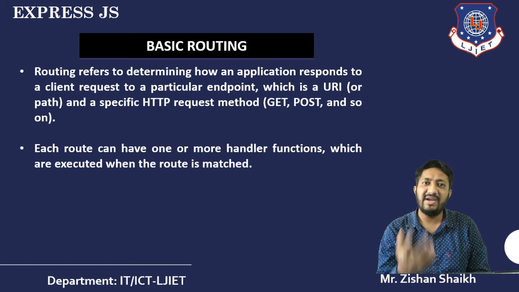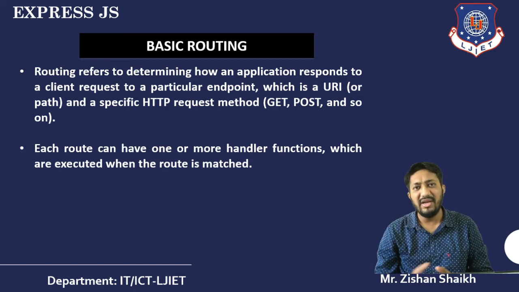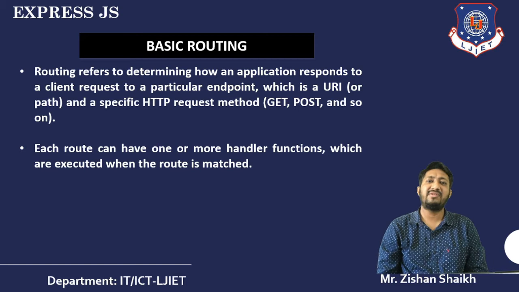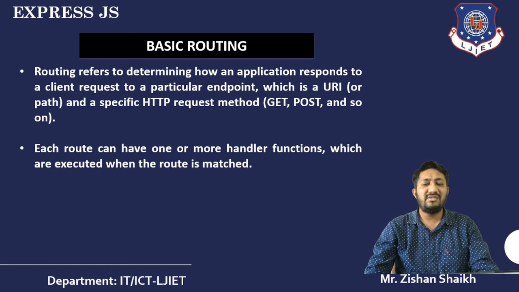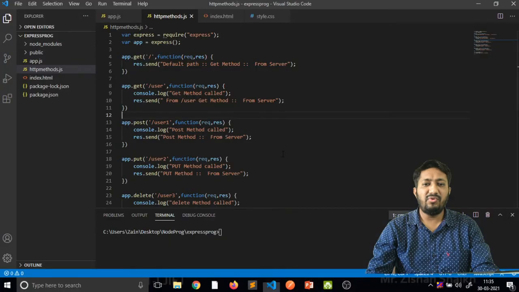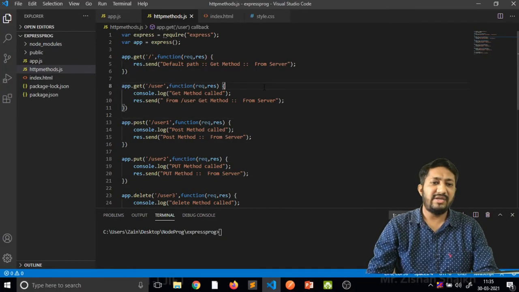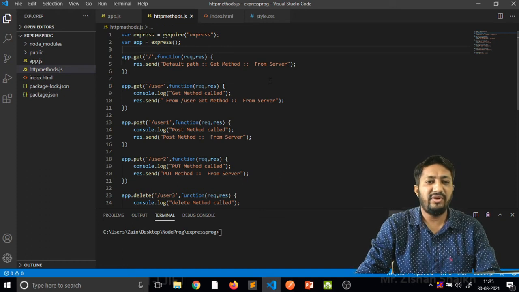If you are sending some request to the server, then the post method is there. You can use the put method, the delete method, the trace method; different methods are there. So how exactly can we call those methods? Let's understand that with the help of an example. First I am opening my Express.js module. In the previous video I explained the basic hello world program.